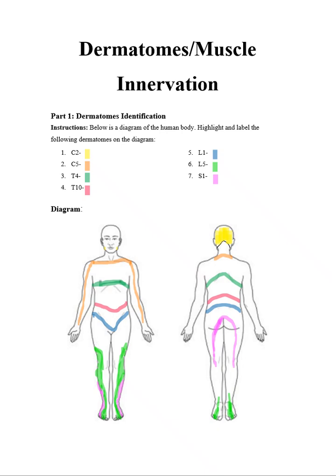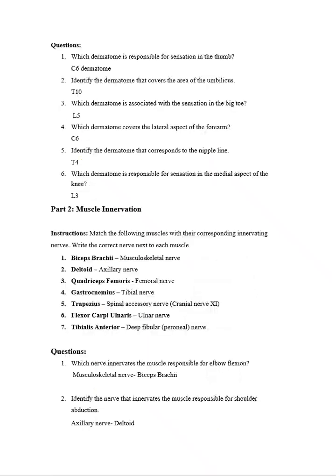Dermatomes are organized sequentially along the spinal cord: cervical, thoracic, lumbar, and sacral, and they help clinicians identify the level of spinal or nerve injury. For example, C2 supplies sensation to the back of the head and upper neck, C5 supplies the lateral shoulder region,